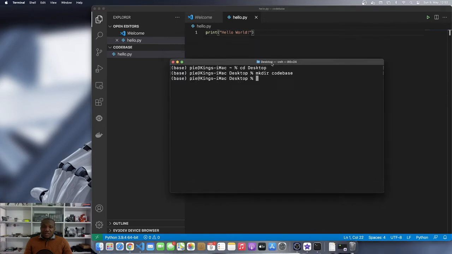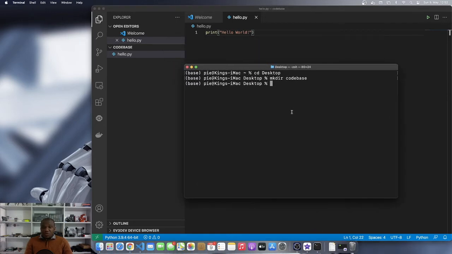So this terminal is here, and I want to go into the codebase folder. So cd codebase, and when I do ls, you can see that the hello.py file is here. Okay, so the way we get Python to execute this program, I'm going to clear it, is to say python and then give the name of the file. So the name of the file is hello.py, and then when you press enter,